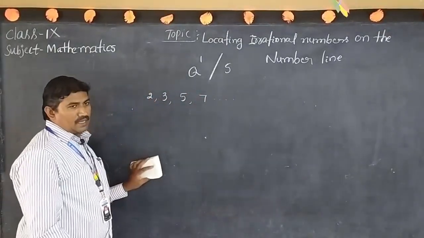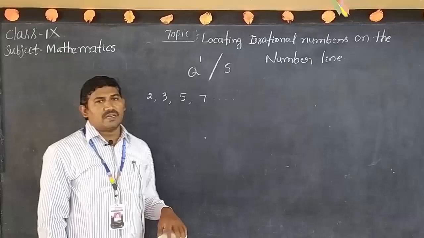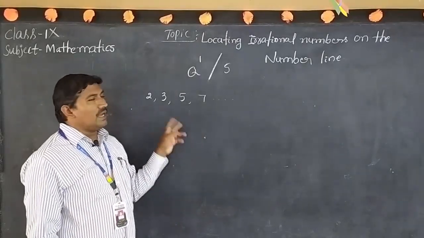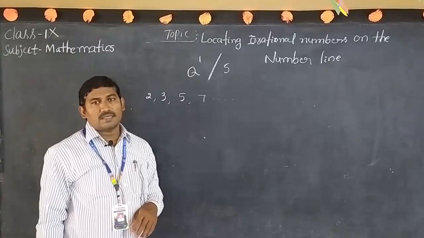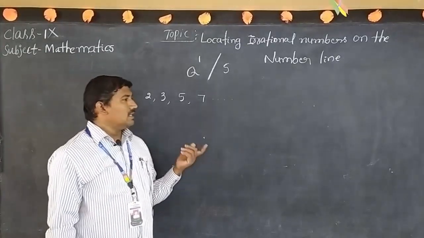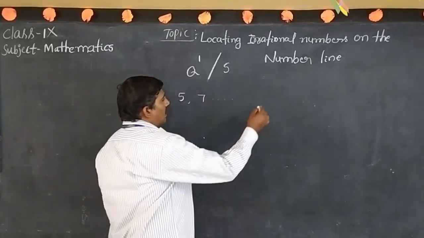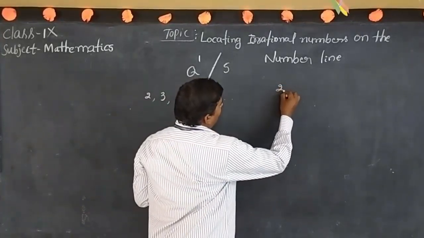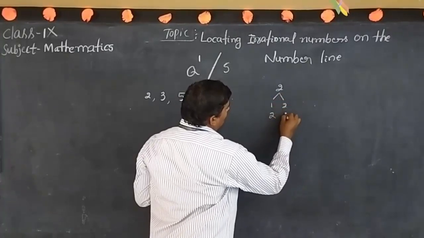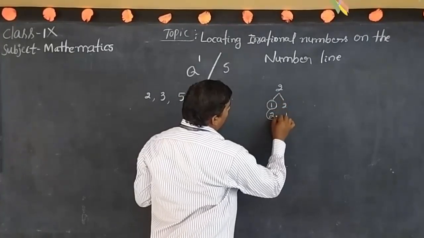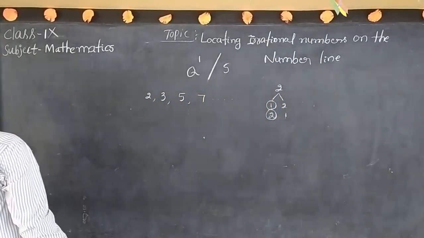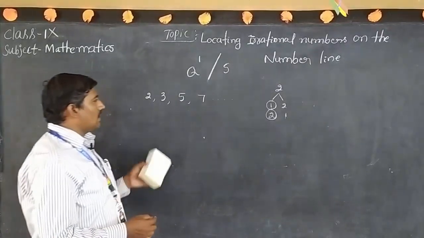These are prime numbers. Why we are saying prime numbers for them? These numbers have only two factors. Other than those, there are no factors. For example, the factors of 2 are 1 and 2, that is, 1 and itself are the factors of these numbers. Not only these numbers, remaining numbers also are possible.